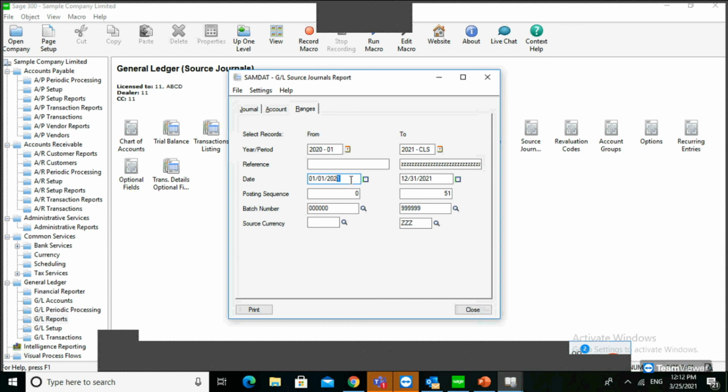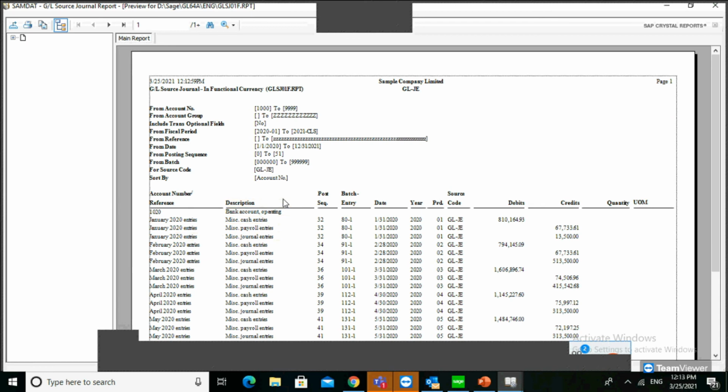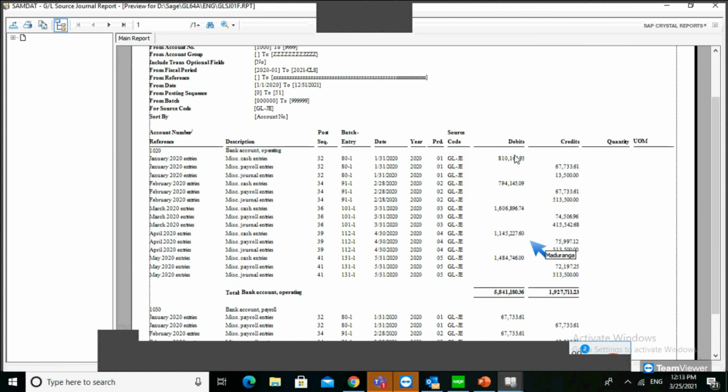Here also 2020. You can see whatever transactions are posted based on the sorting for the particular account, and see the debit and credit values.